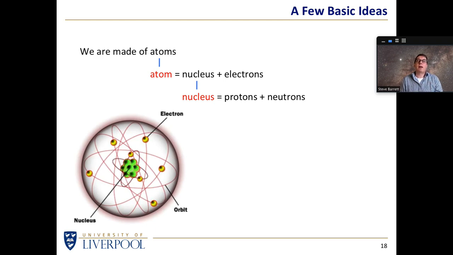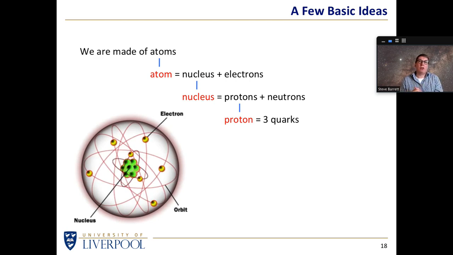And these are not fundamental either, in the sense that we could take either of those. Let's take the proton, for instance. We have found that the proton is actually made up of smaller particles which have this ridiculous name of quarks. And 3 quarks make up a proton. We don't have to worry about what a quark actually is, but just like an electron, a quark appears to be a particle which you can't cut in half and look inside. It appears that quarks do not have any compound structure. They simply are. They simply exist as fundamental particles. They do not have any substructure.